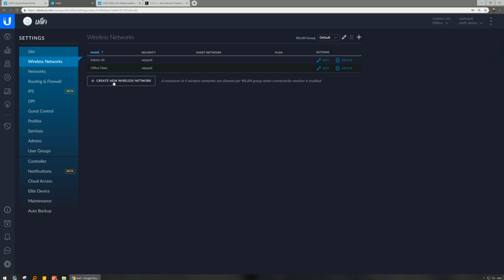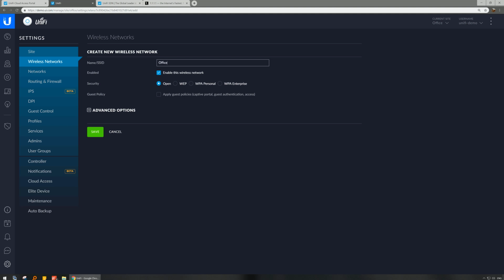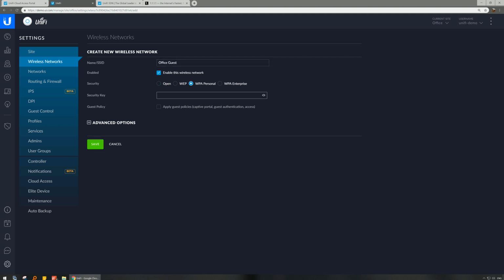So now let's create our guest network. Office Guest and WPA Personal. Now with a guest network, you can have it open if you want to. It's segregated from the rest of your network, so that would be okay. But from a personal preference perspective, and from a lot of different perspectives, if it's open, it's not going to be encrypted. So guests' data will not be encrypted. And you probably want their data to be